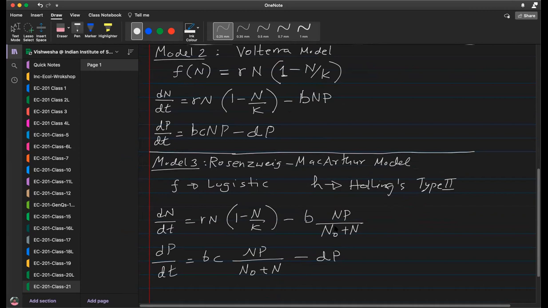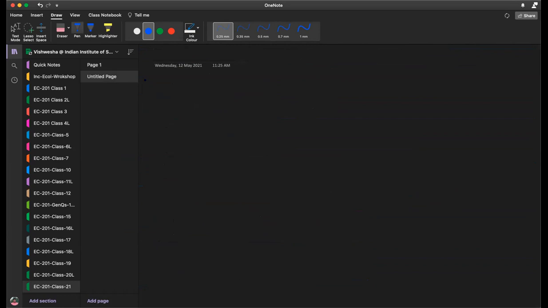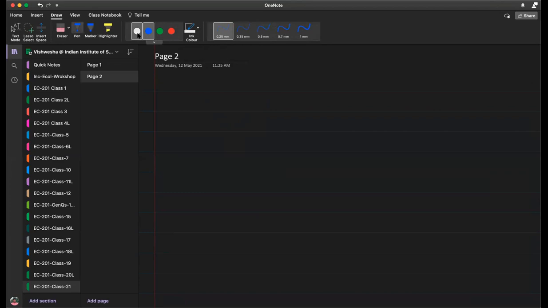Any questions? Okay, so let's try to analyze some of these now. How do we understand what are all the possible dynamics of such predator-prey models? As you can see, the mathematical difficulty increases here. It's not, of course, something extraordinarily complex. It's just a little more algebra than what we have been doing so far. Okay, so let's do model 1.